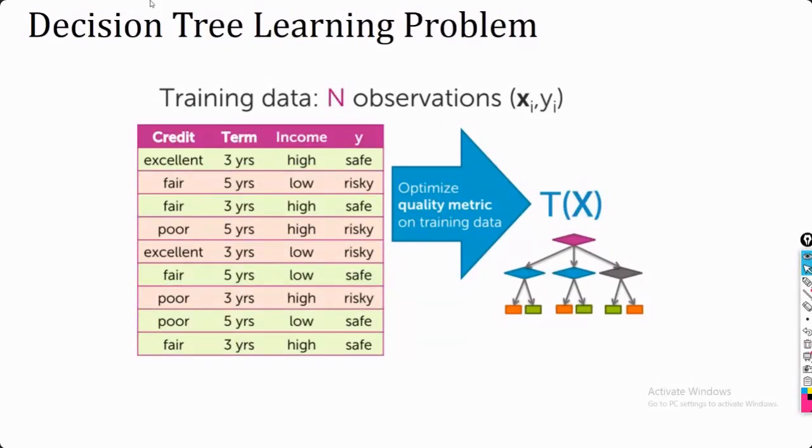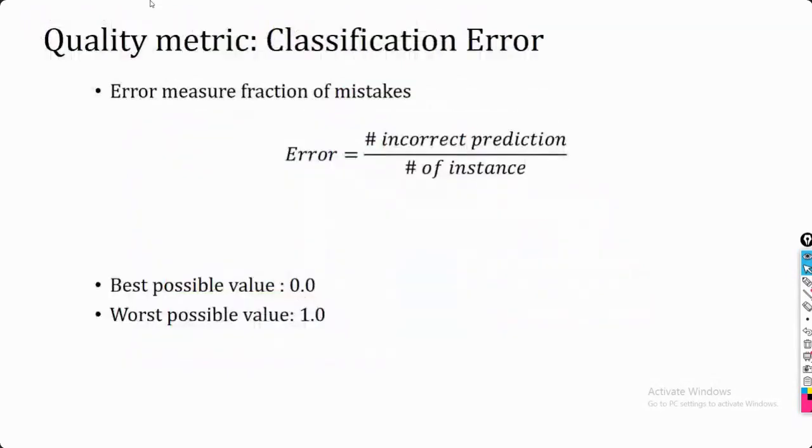So for now we are just going to take how much incorrect classification you are having, and how we can calculate it. Suppose you are having 10 instances, so we simply calculate out of those 10 instances how many we have classified incorrectly. That is going to define your error. You can see, just a simple equation we are having. This is your total number of instances, and out of this total, how many incorrect classifications you are having. So you will get a value between 0 and 1.